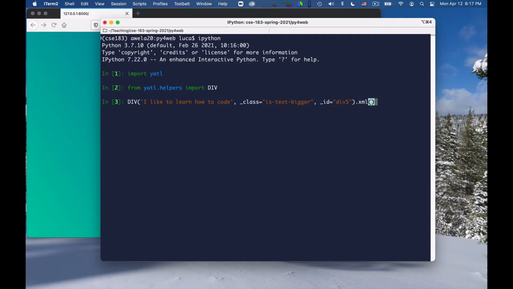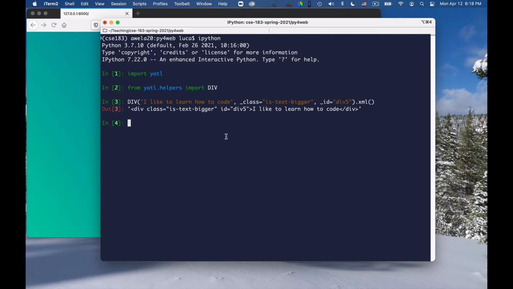Okay, so this will create my div, and when it is output in the web page, the XML method of it will be called, and the output is, you see, there is a div as the tag. Between the opening and closing tag, there is exactly what I put here. Okay, and the class with an underscore is reflected in the class here, and the ID in the ID here.